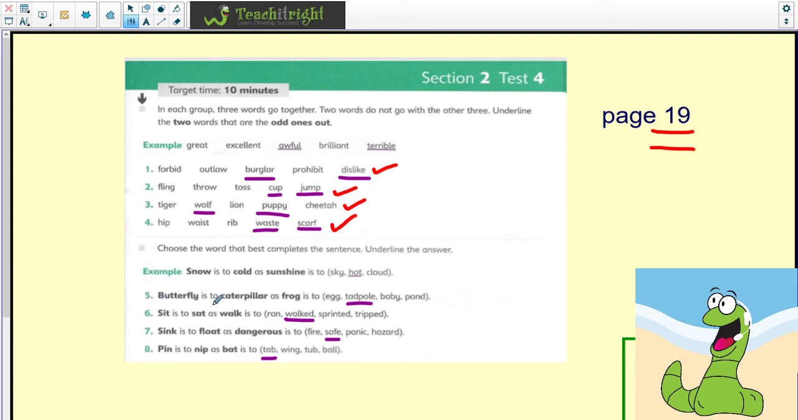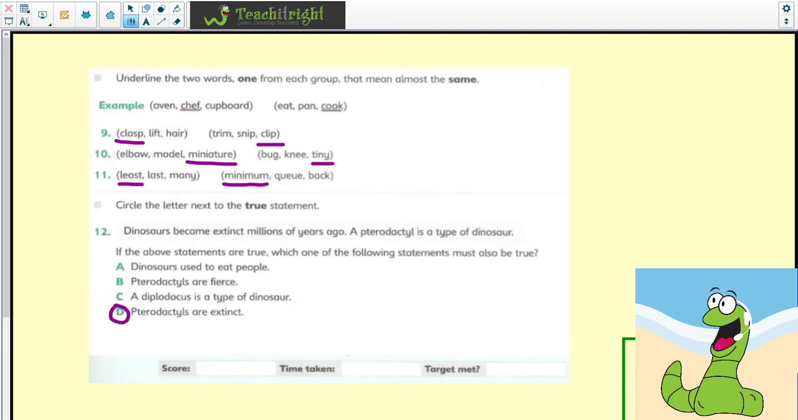More analogies. Butterfly, caterpillar, as frog is to tadpole. Sit is to sat, as walk is to walked, so past tense. Sink is to float, so these are obviously opposites. And dangerous is to safe. And then pin is to nip, again spelling them backwards. And then we've got bat is to tab. So that was a spelling backwards one there, which is quite clever. And then we've got some synonyms. So clasp and clip, miniature and tiny, least and minimum. And then we've got